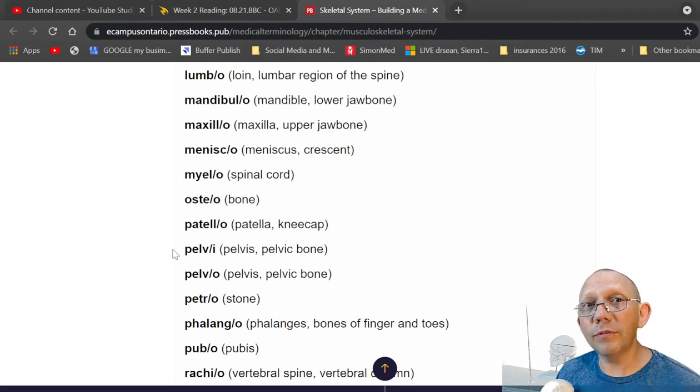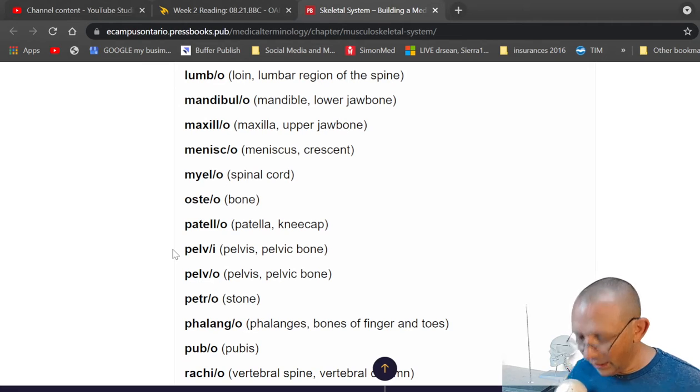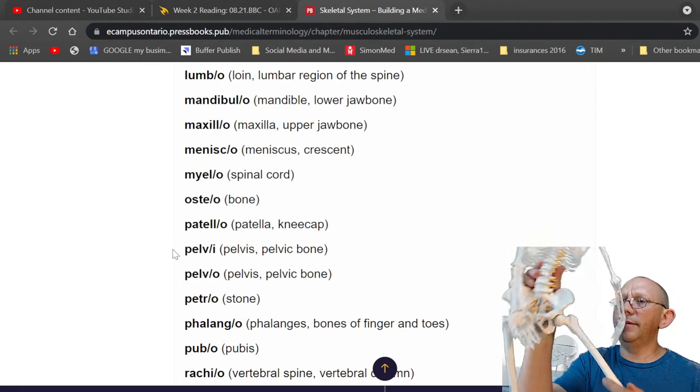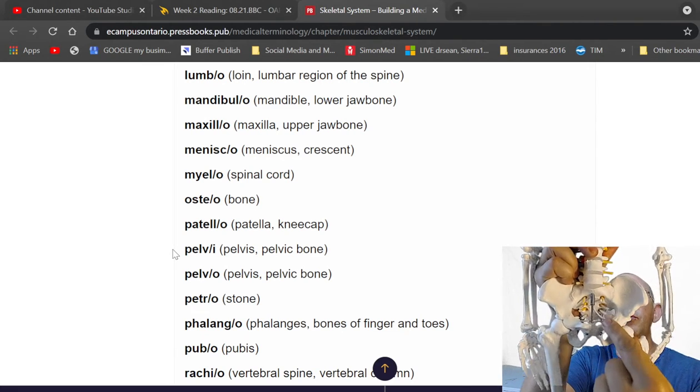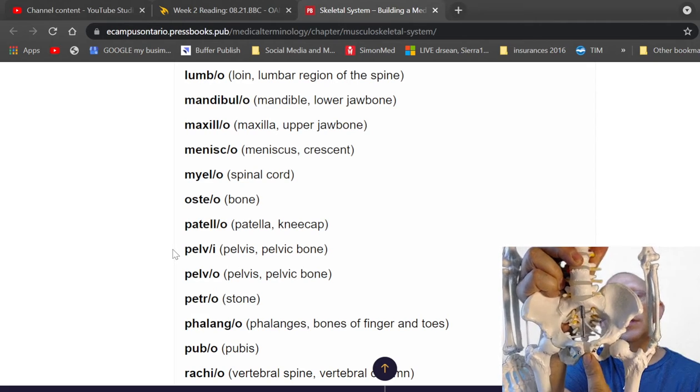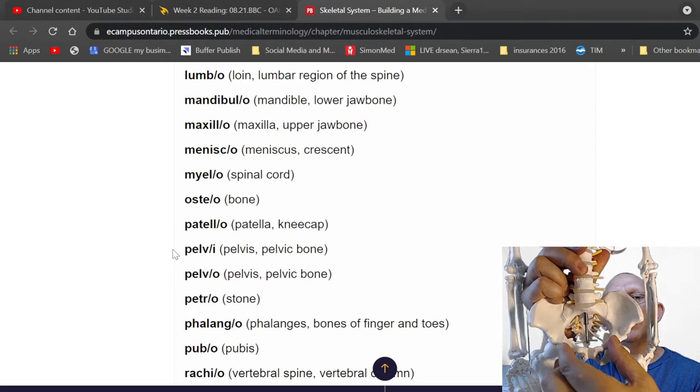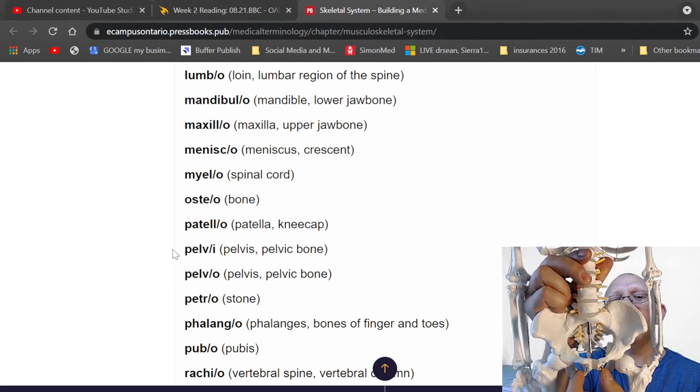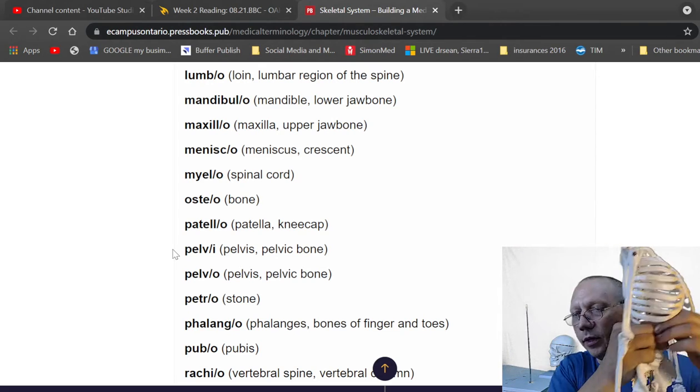Pelvis, we talked about the pubis, right in the front. You get kicked in the pubis, right? Pubic symphysis is the connection of those two, and then it comes out and becomes right through here. So the pubic bone comes up this way, it becomes the ilium at the top and the ischium at the bottom. Okay,